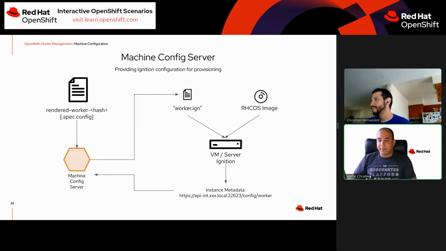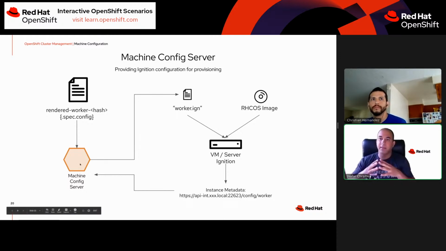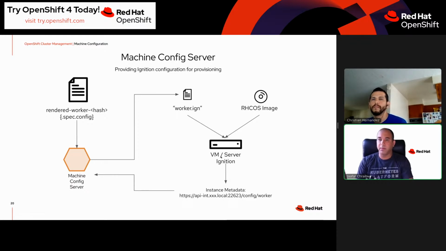All right. We spoke about the machine config, and maybe I should have presented this before. I spoke about the machine config server, which is running on the control planes. Whenever I kick off a new node, whether a VM or otherwise, I'm going to use a naked Red Hat CoreOS image that has absolutely no configuration at all, and say, please pick the configuration from this location, which is the API serving the worker configuration on the machine config server. This is configured out of the box with the installer. The machine says, please give me my config, and it's going to give it